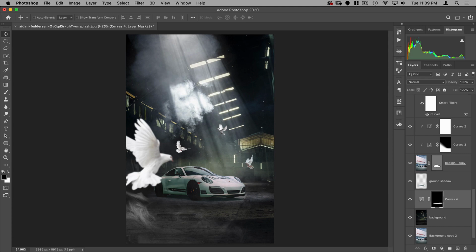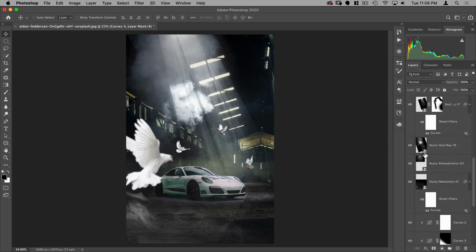All right, so now we have all those in place. I think I want to adjust the opacity of some of these so they're not quite as strong. Like I don't want this one to be so strong. And this one, probably take down just a little bit as well. Now some of these, like for example, this one has this strong white cloud there.